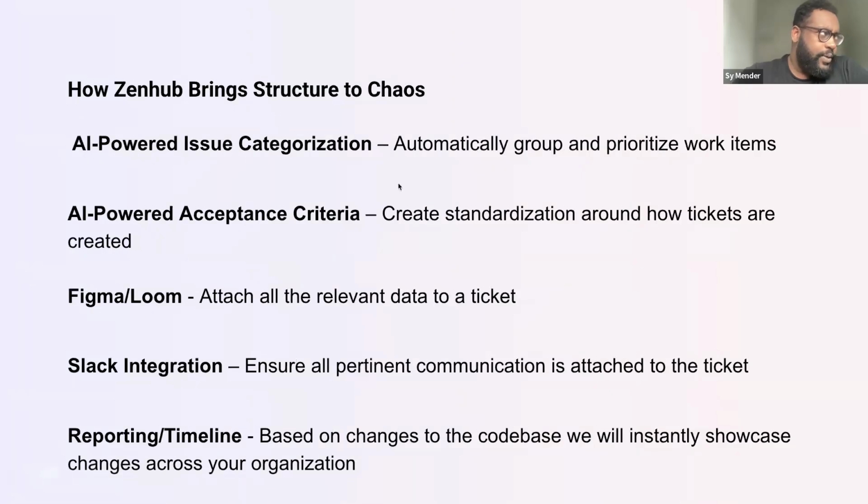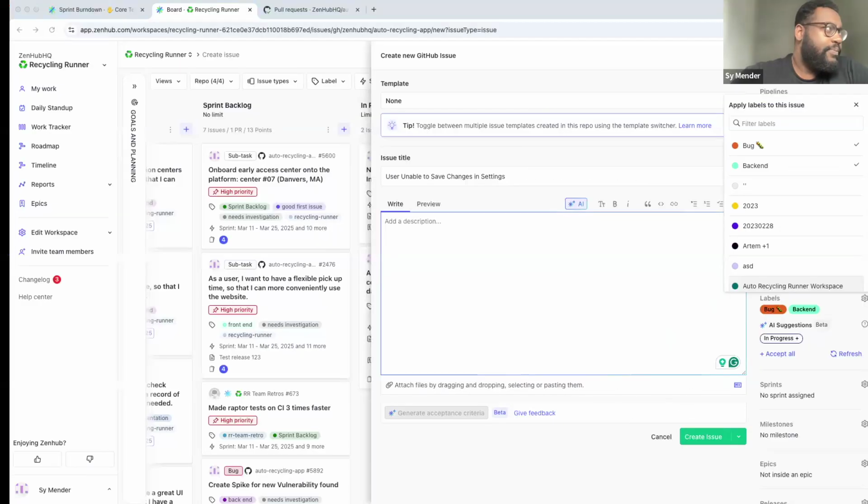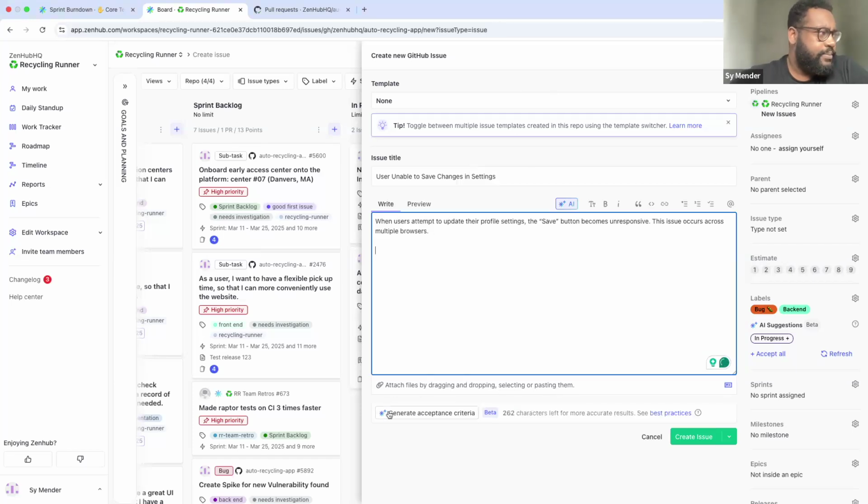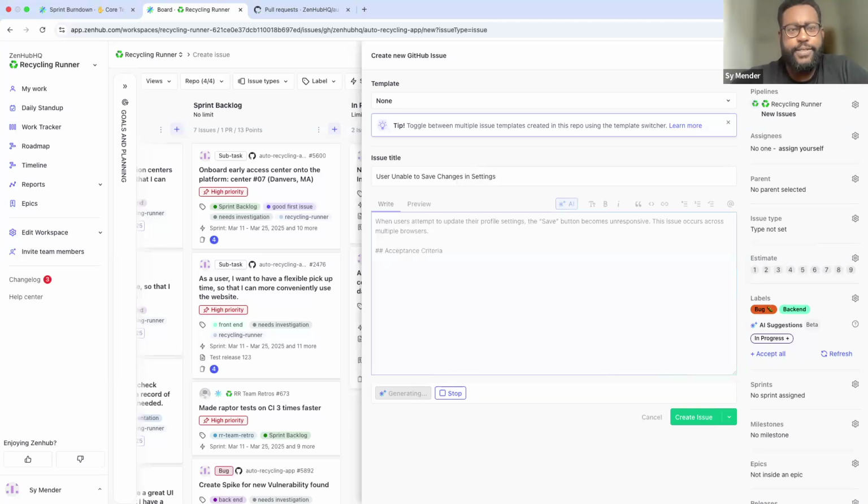But from there, we get to the real meat and potatoes: AI-powered acceptance criteria. We have the ability to look at the fact that we have a little bit of a challenge, and enter a little prompt that might be helpful. In this case, I have pre-typed it. I didn't want you to watch me muddle through. From there, I can click on add a description, paste in that description, and then click generate acceptance criteria at the bottom. And that will start to put that together.